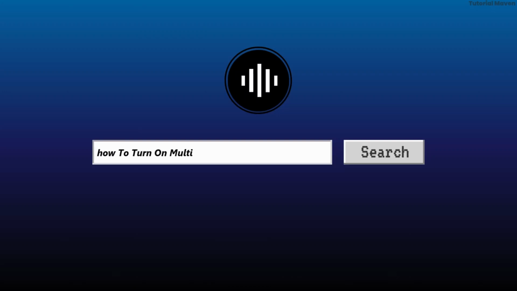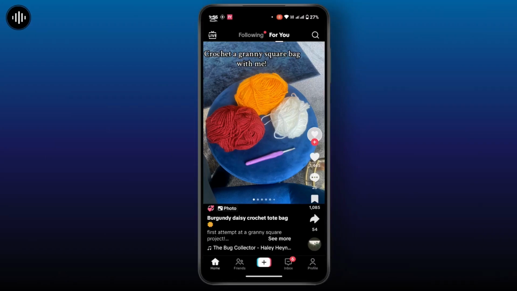How to turn on multi-guest request on TikTok Live. First of all, you have to open up the TikTok application and make sure that you're logged in with your account. Now, if your TikTok account is eligible to go live, or if your TikTok account is under all the required criteria, that is your age requirement, your follower count, and community guidelines, then only you will be able to